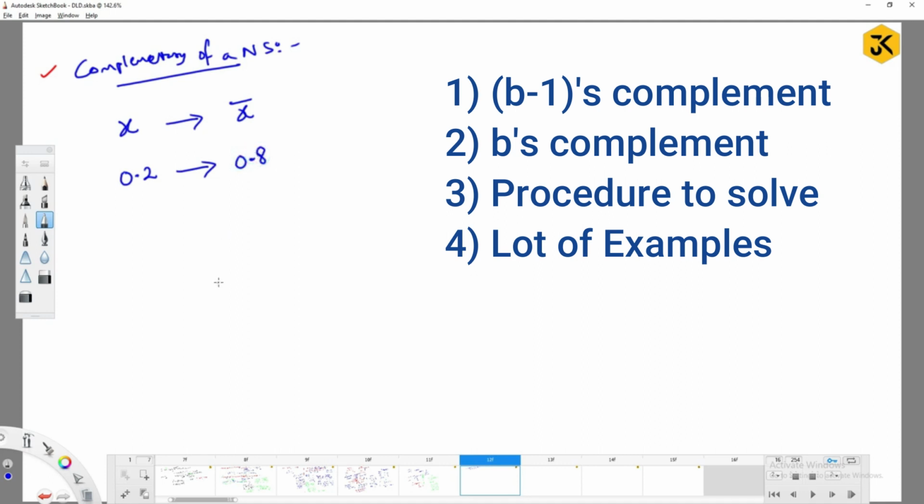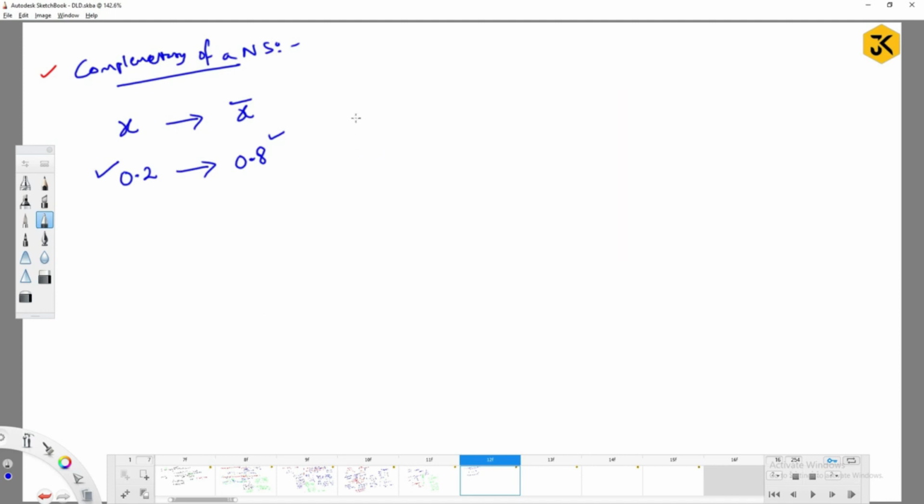0.8. Meaning that if I know one value, I can get the other value. If I know the complement of one variable, I can get the actual value of that variable. If I know the actual value of one variable, I can get its complement. Am I right? Yes. See, here similarly,